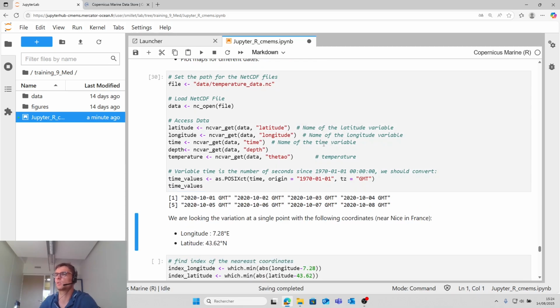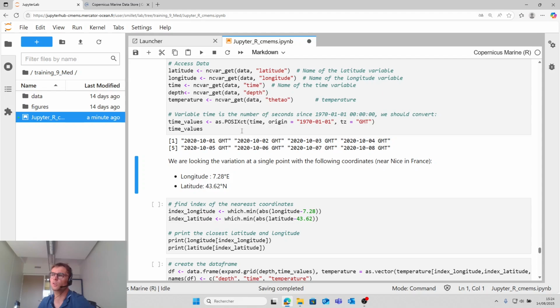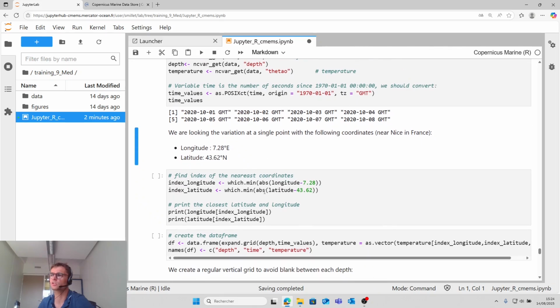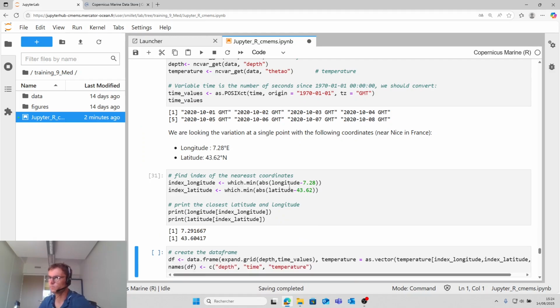First we load the variables. We are looking at the variation of temperature at a second point near Nice in France. Here are the longitude and latitude. So we will search the nearest coordinate, and the nearest coordinate of the grid is this one.